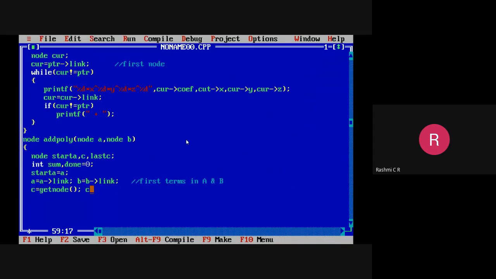It is the initial header node. We have to assign the values for its data part, that is the exponents and the coefficient. For the header node there will not be any data, hence it is equal to -1 for the coefficient, and also for the exponent it is -1, then for z also it is -1, and this is the initial condition.